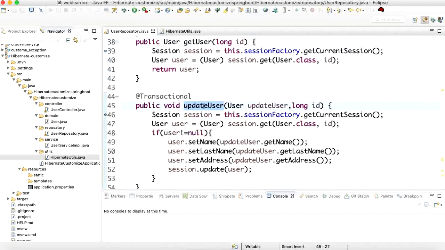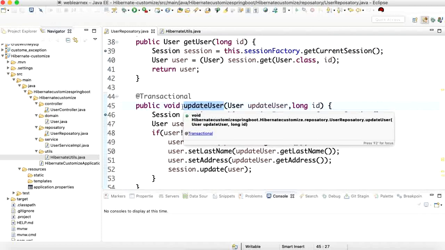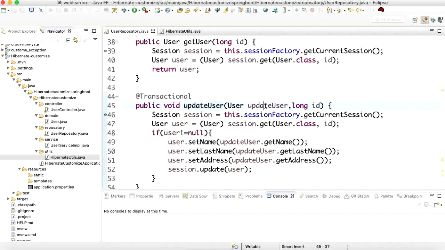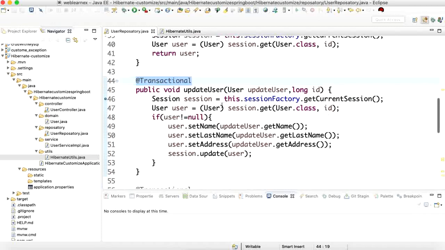Next is the update query. The update query is going to change the state of whatever object I pass, so that's why it requires the transactional annotation. First I get the user information. First I need to check whether the given ID exists in the database.